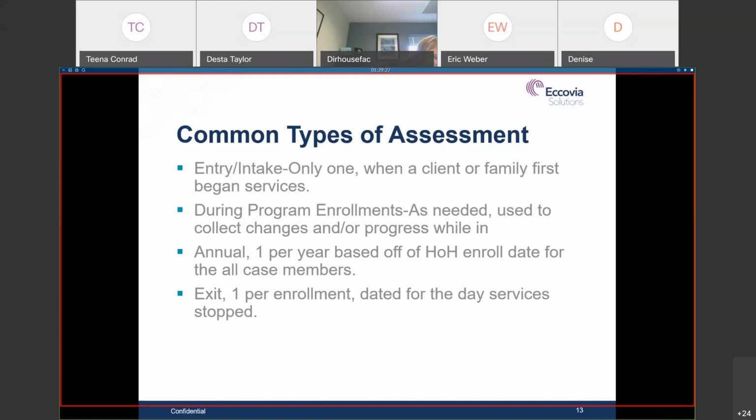And you can have as many during program enrollment updates as is needed. So if Jessica comes to you every day with an update to her record, like she's got a new job or she's got new health insurance or something like that, you can do as many during program enrollments as you need to. The other